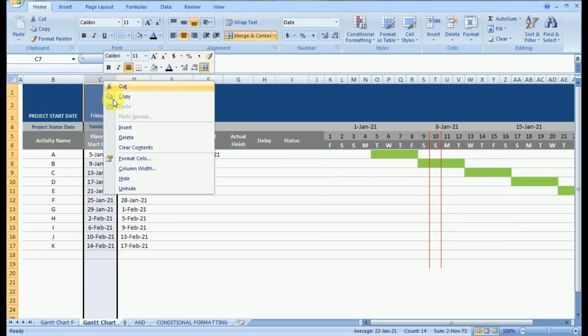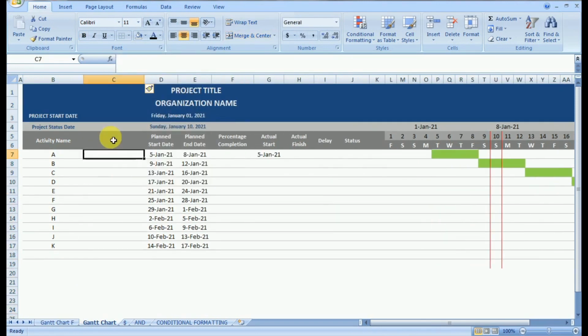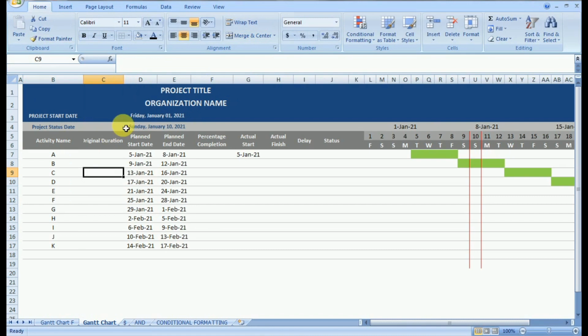Now you can see here we need to add one more column, that is original duration, which will be equal to the total time taken by the activity to complete.